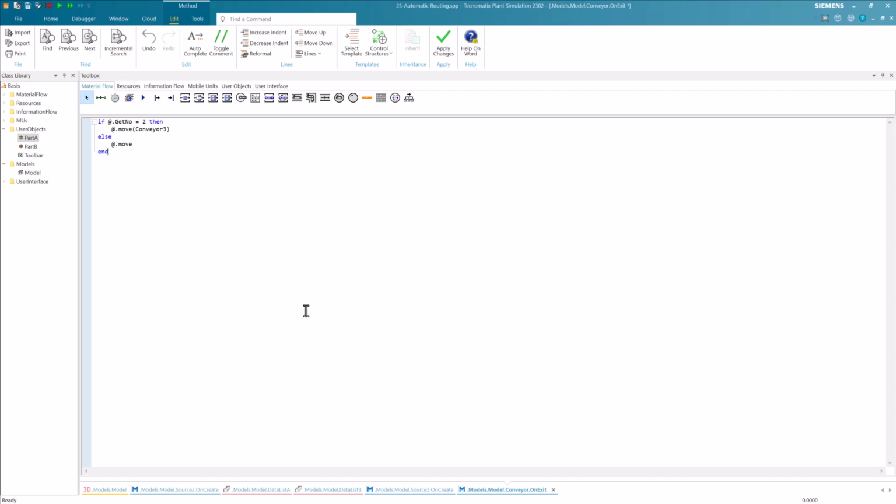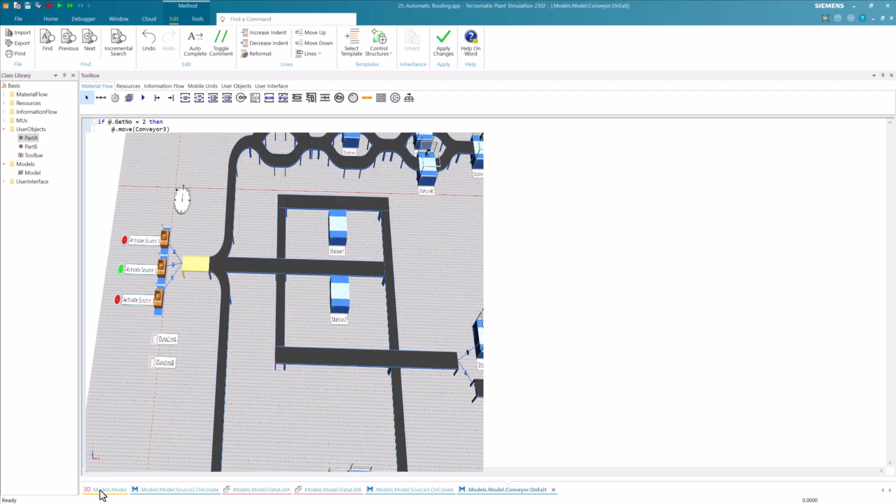In this method, we essentially move the second produced part of each type to a successor which is not along their route. However, since automatic routing is activated, the parts will compute a new route to the destination, and if it is possible, they will follow this new route. All other parts are transferred using move without parameters, taking the previously calculated route into account.